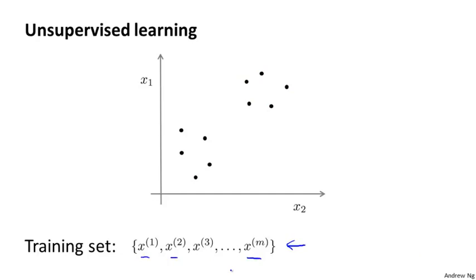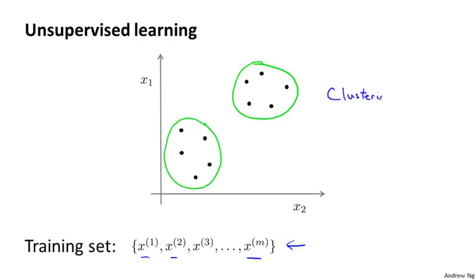So in unsupervised learning, what we do is we give this sort of unlabeled training set to an algorithm, and we just ask the algorithm, find some structure in the data for us. Given this data set, one type of structure we might have an algorithm find is that it looks like this data set has points grouped into two separate clusters,